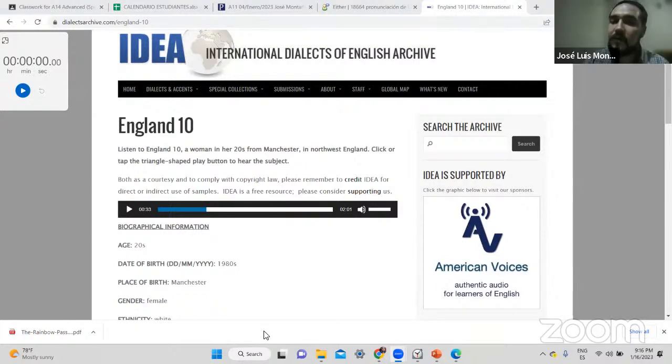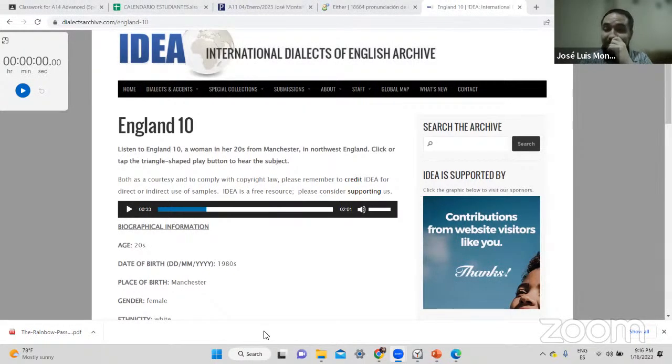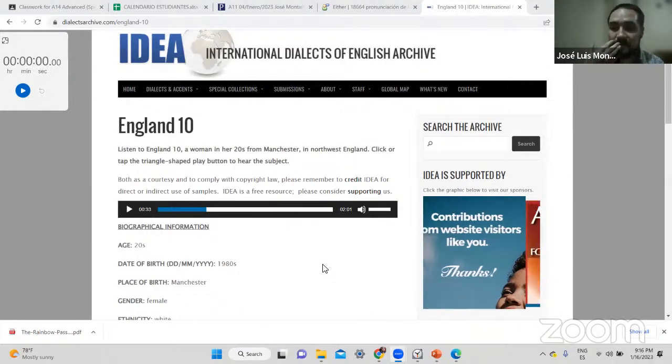Yes, I think it's a good analysis. It's hard, of course, to analyze differences in accent. But you can notice that there are differences in terms of the vowels and in terms of the consonants. There is actually a very noticeable difference. Sometimes they pronounce that directly, as you're saying.